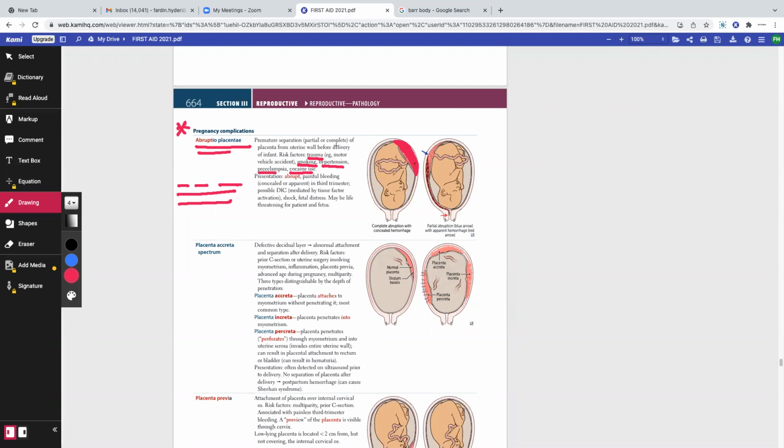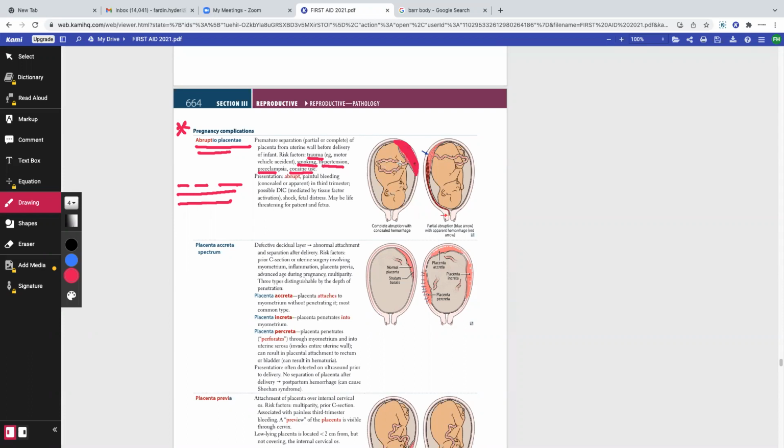What is preeclampsia? Preeclampsia is a condition where mothers have hypertension with proteinuria and edema, but they do not have seizures. So in preeclampsia, do the mothers have hypertension? Yes or no? The answer is yes. If the mothers have hypertension, does that put them at risk of developing abruptio placenta? Yes or no? The answer is yes. Okay. Now, what are the clinical features? If a placenta is coming off, will there be severe bleeding? Yes or no? The answer is, will there be severe pain? My apologies, in the abdomen.